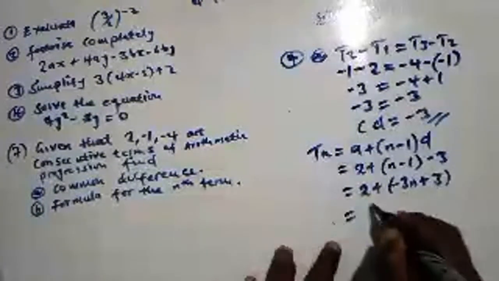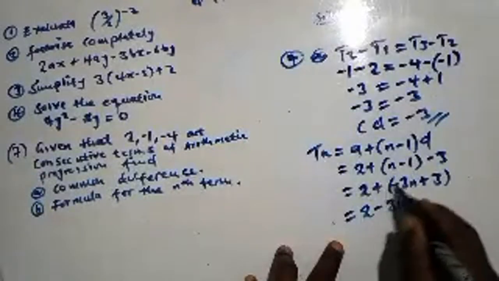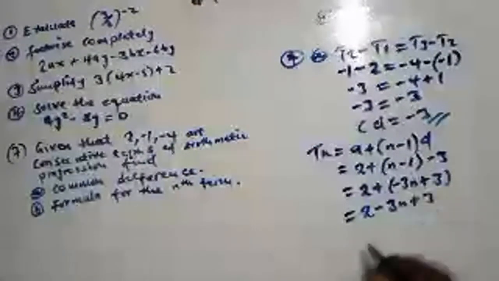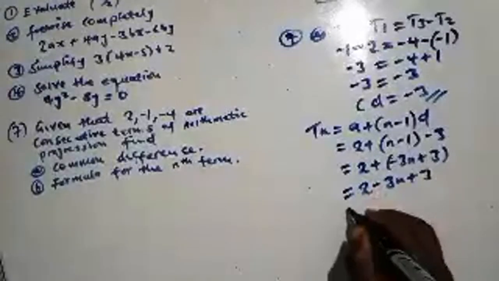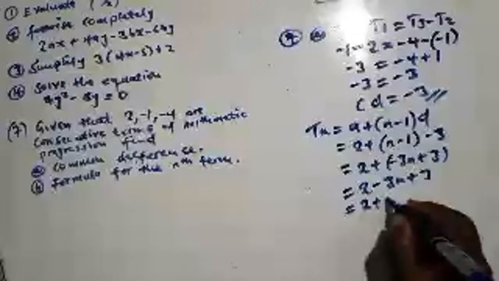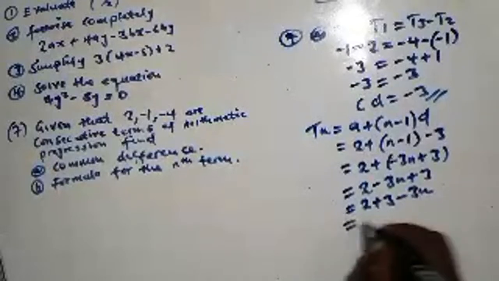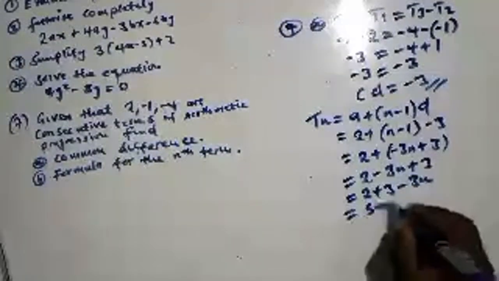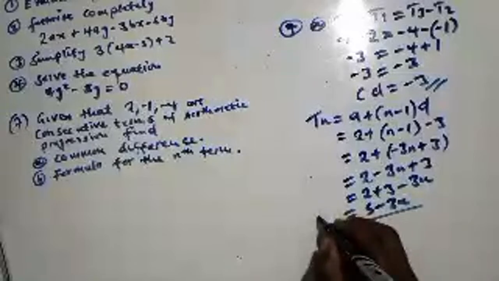Then here you're going to have 2 minus 3n, because positive times negative is negative, plus 3, okay. Then here you collect the like terms, in which it will be 2 plus 3 minus 3n, which is equal to 5 minus 3n, and this is our